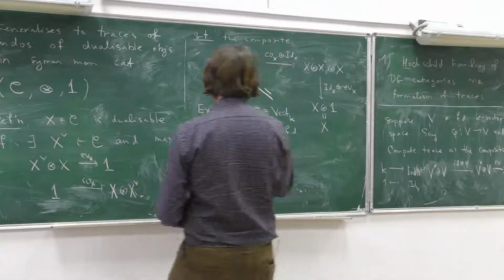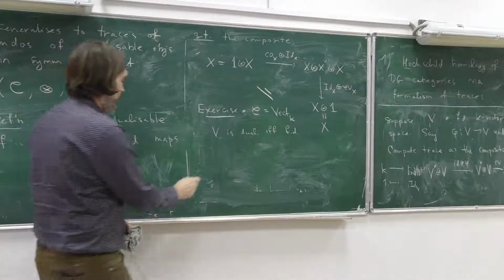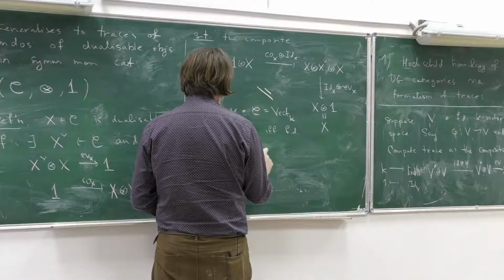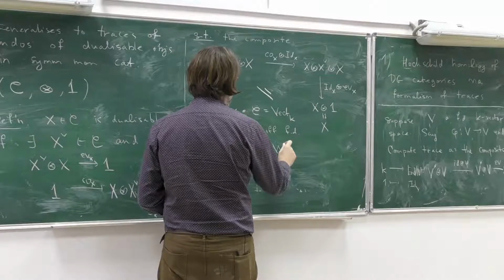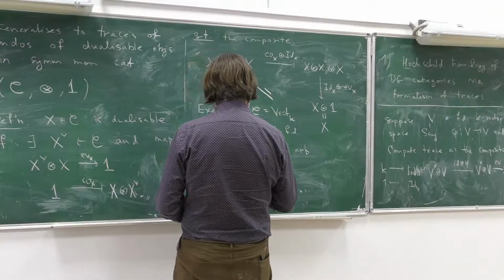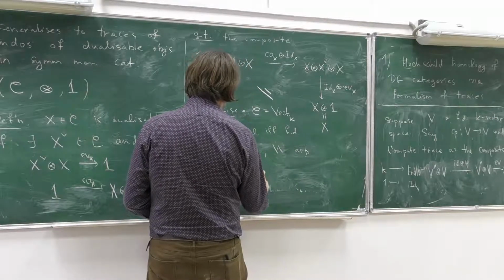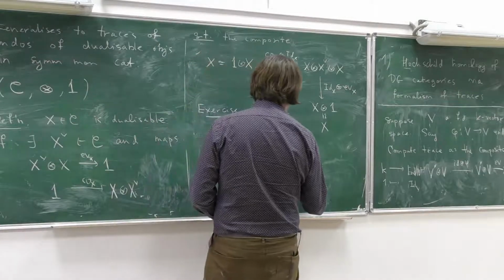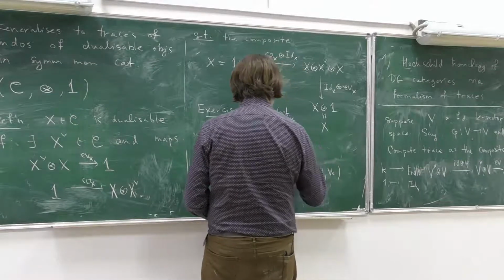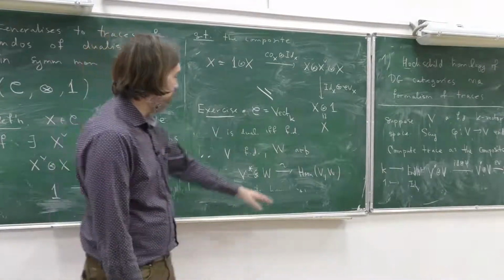Okay, so the exercise. First, in Vect, V is dualizable if and only if it's finite dimensional. And second, if V is finite dimensional and W is arbitrary, then the natural map from V dual tensor W to Hom(V,W) is an isomorphism. And you can generalize this kind of statement if you have an internal hom.